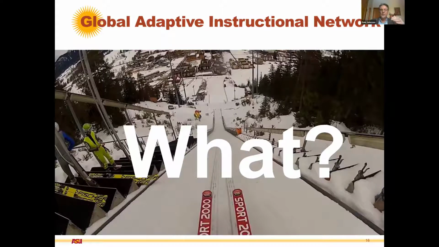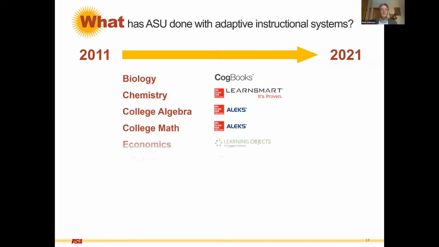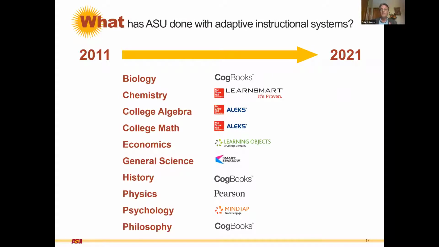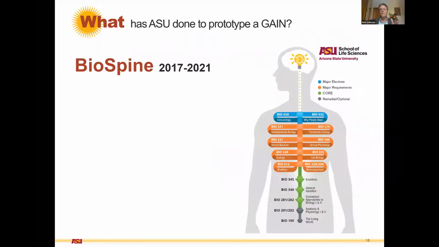I'm about to toss you down this slope and throw you airborne so you have some perspective on what it is. We've been working with adaptive systems at Arizona State since 2011. We've done a variety of different disciplines and a variety of different vendors. All this has given us perspective on the value of adaptive systems and the changes that are required: pedagogical changes, cultural changes, faculty development. Specifically, we started a project in 2017 we call the Biospine, where we prototyped the Global